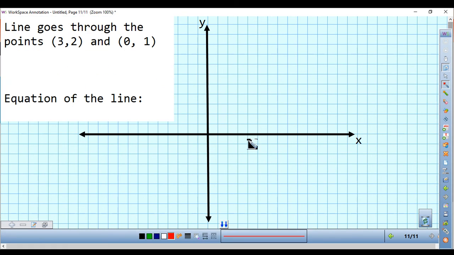Final example we're going to look at is where we're just given 2 points. The line goes through the points (3, 2) and (0, 1). And we're asked to find the equation of the line and graph it. Well, there's a couple of things you can do here. You can actually graph these 2 points, and I would definitely say that's completely fine to do, but I actually want to find the slope here, the vertical distance and the horizontal distance, and I can do that. We have a formal equation for doing this,